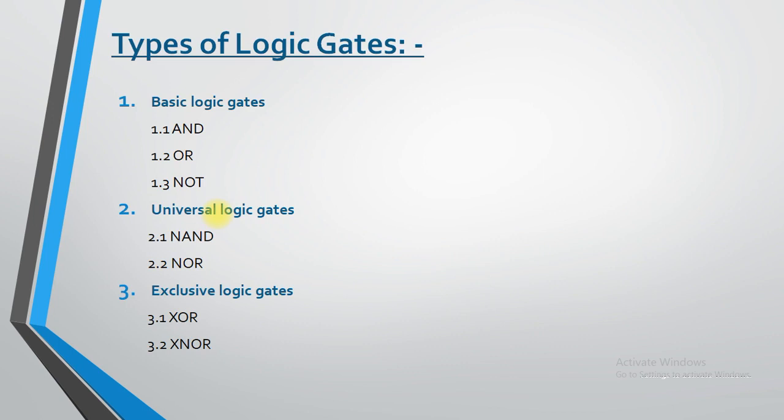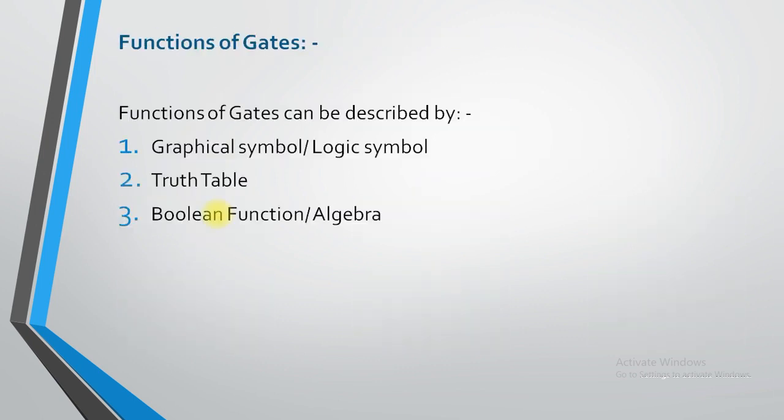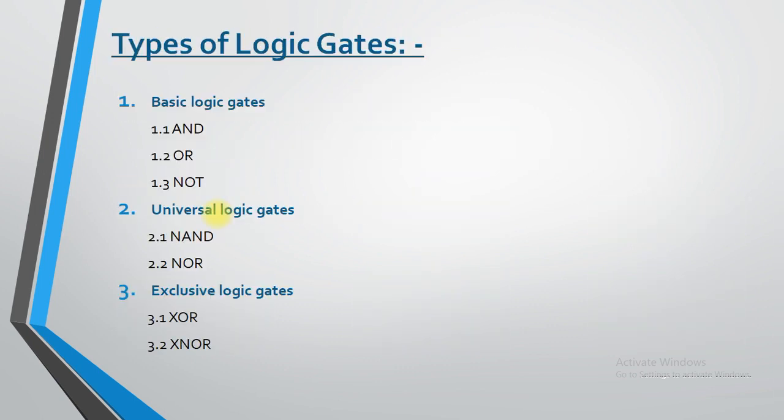Now over here we have the list of different types of logic gates, as it can be represented by the diagram also. Same thing I have written over here point wise. Now one by one, first of all we will understand the 3 types of basic logic gate. So let us start with the basic logic gate, AND.